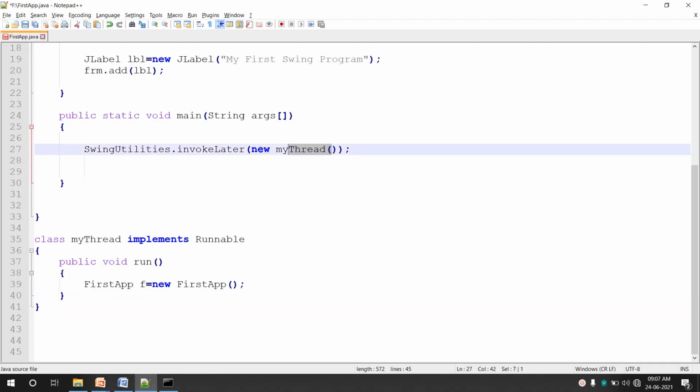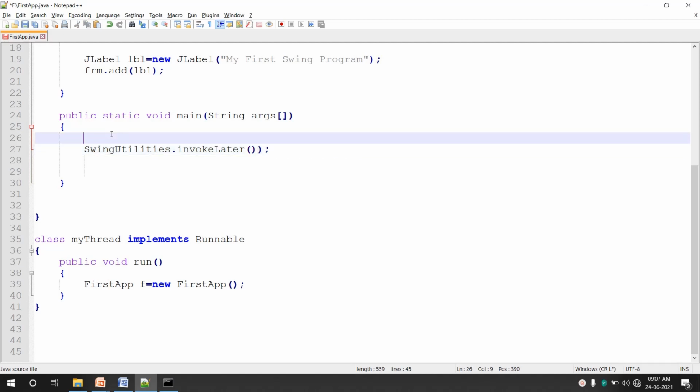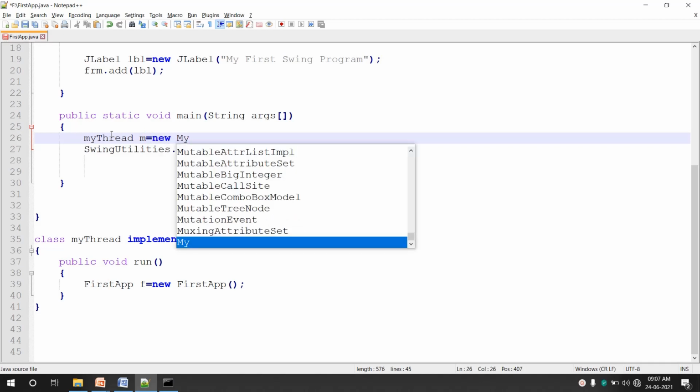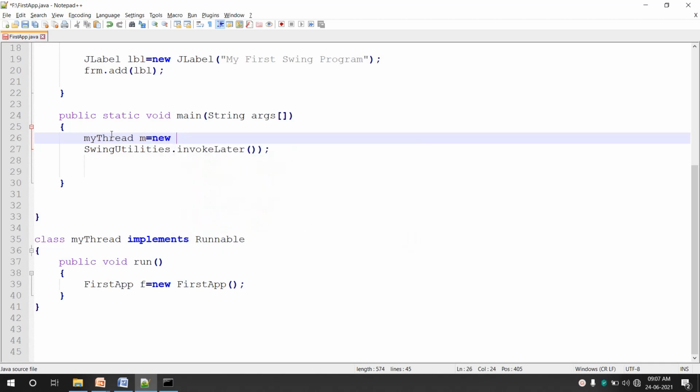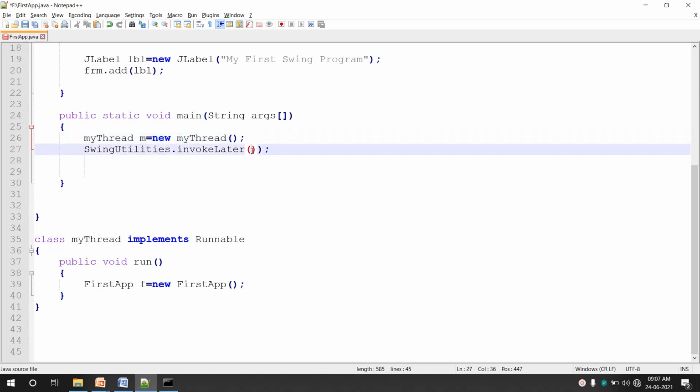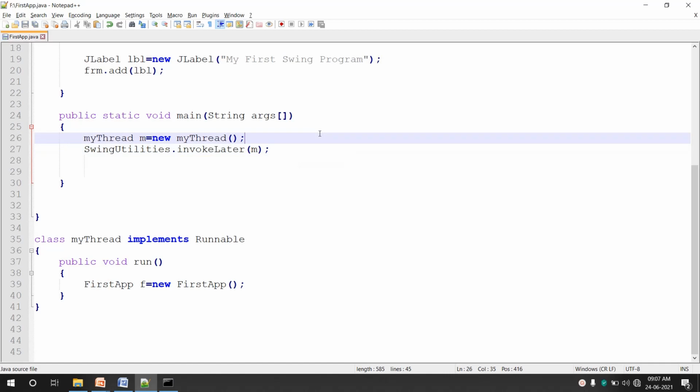Now in main, what we have to do is just create an object of MyThread first here. MyThread m = new MyThread, and we can pass it to SwingUtilities.invokeLater. Okay, like this we can pass it.